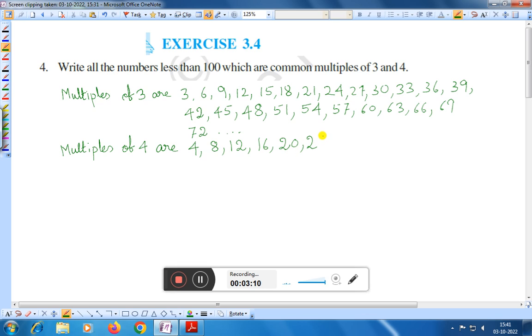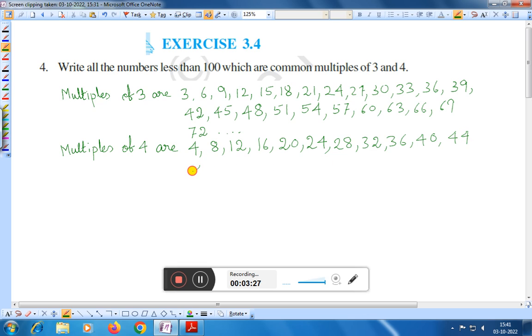That means there is a difference of 4 only. 24, then 28, 32, 32 plus 4 is 36, 36 plus 4 is 40, then 44,